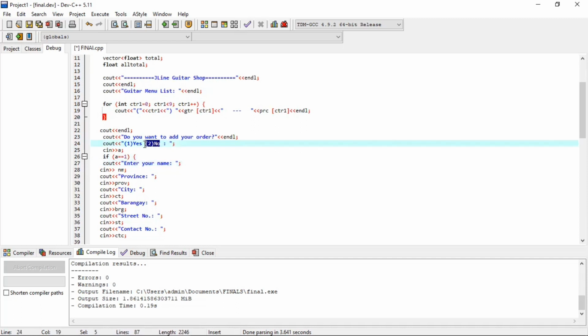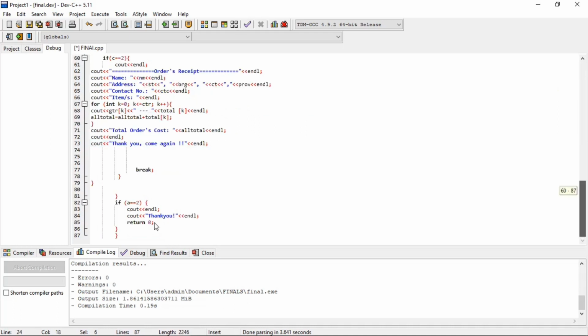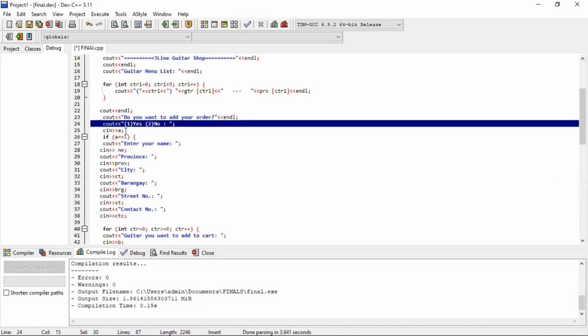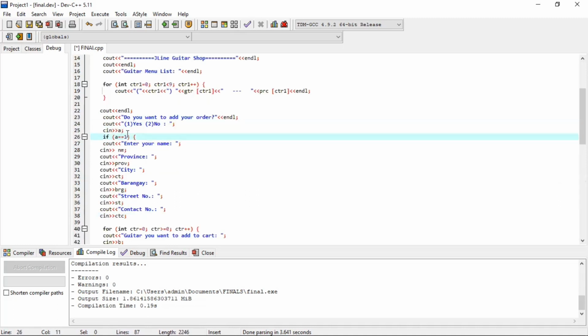But if you pick number 2, you'll be straight here, this one. So let's go back. If you pick number 1 on these choices, then that will be redirected to